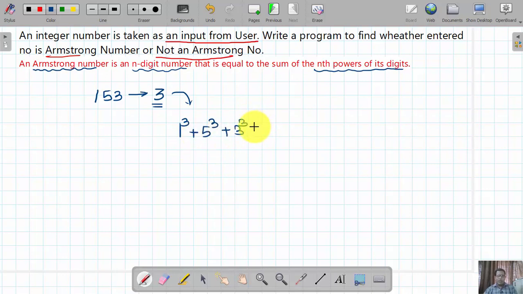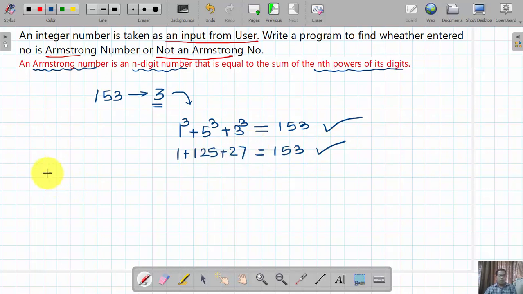If the obtained result is equal to the entered number, then the number is said to be an Armstrong number. For example, 1 plus 125 plus 27. The obtained result is 153. So that's why this number is an Armstrong number.